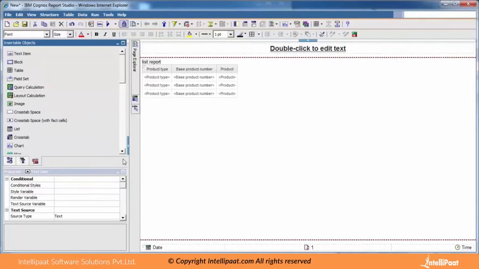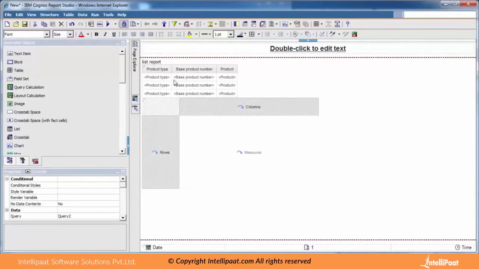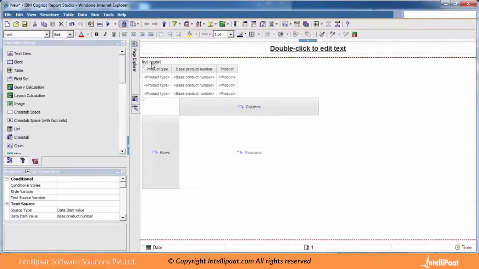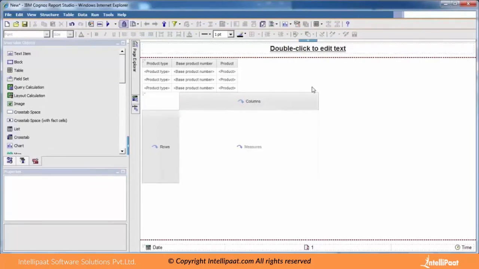I'll have another chart here. Just for some purpose, I'm going to get this cross tab. So here is a cross tab, here is a chart. Just forget about this list, I'll remove it as of now. Suppose when I run the report, it is left aligned. How can I change that? Here are the symbols: left, center, right, justification. These are the four formattings you can do.